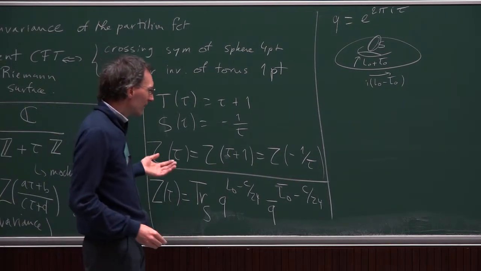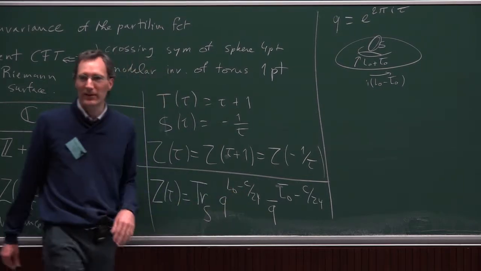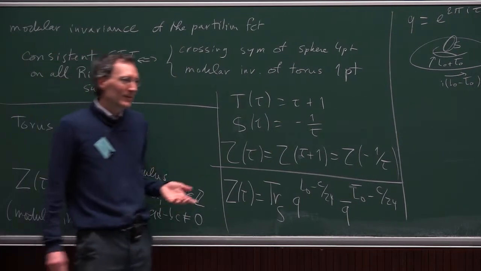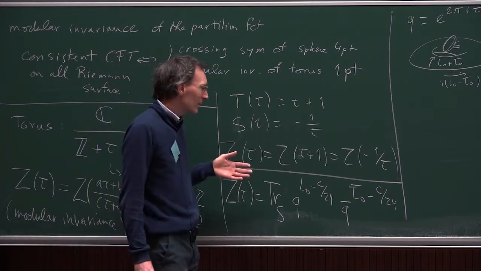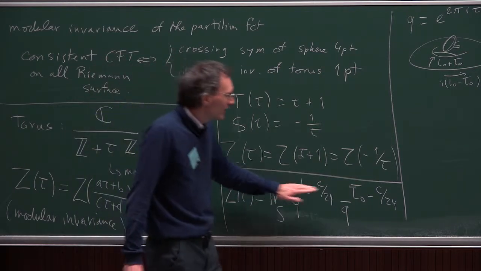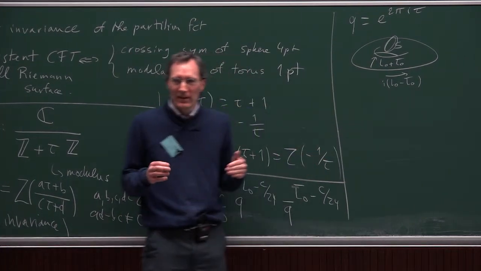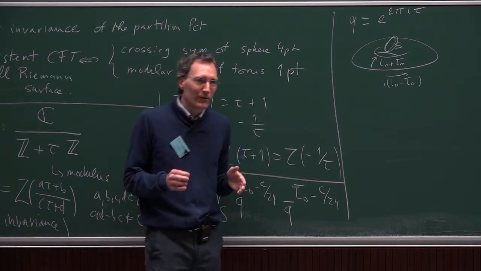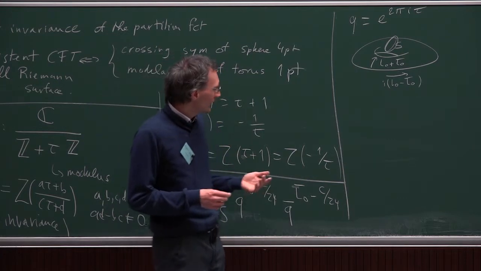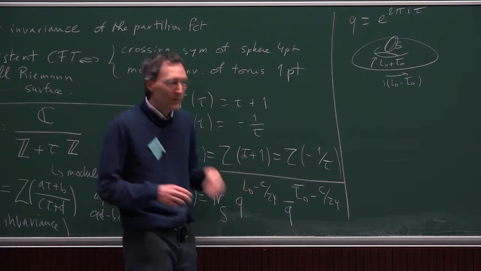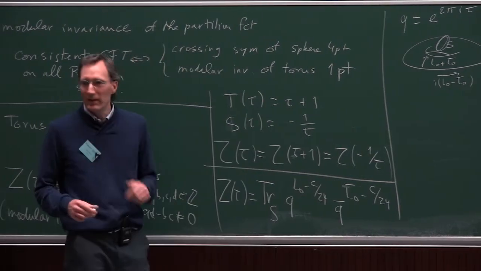So let's say the least trivial piece of this formula is why I am shifting by c over 24 here. And I don't think I will give a detailed explanation. There is a geometrical picture in the lecture notes. The basic idea is that this L0 and L0 bar are interpreted as translations or dilations in the plane. But then I have to build my torus from the plane by some conformal transformation. And in this conformal transformation, the L0 and L0 bar don't transform completely into themselves, but they pick up these terms, minus c over 24.